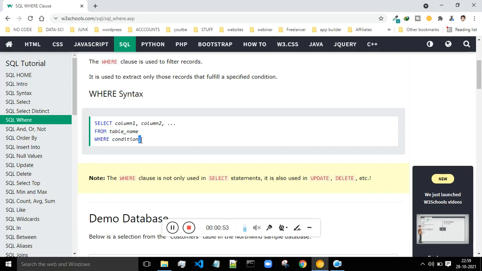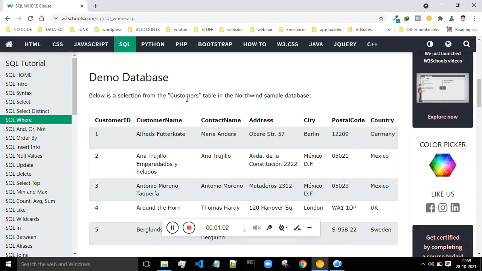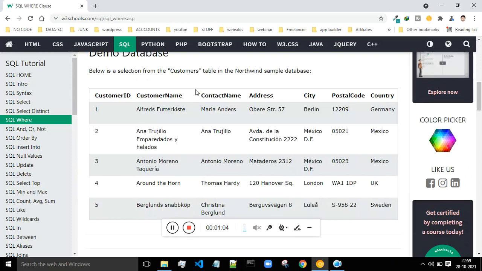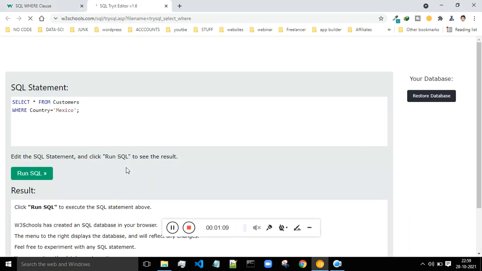I will show you a demonstration or example where you can give a WHERE condition. This is the demo database which we are using so far, and let me show you this example.